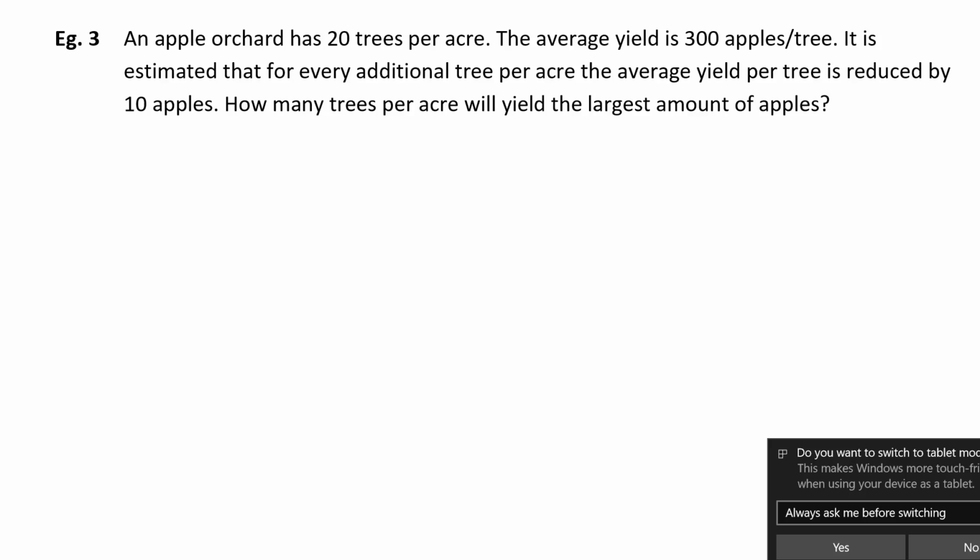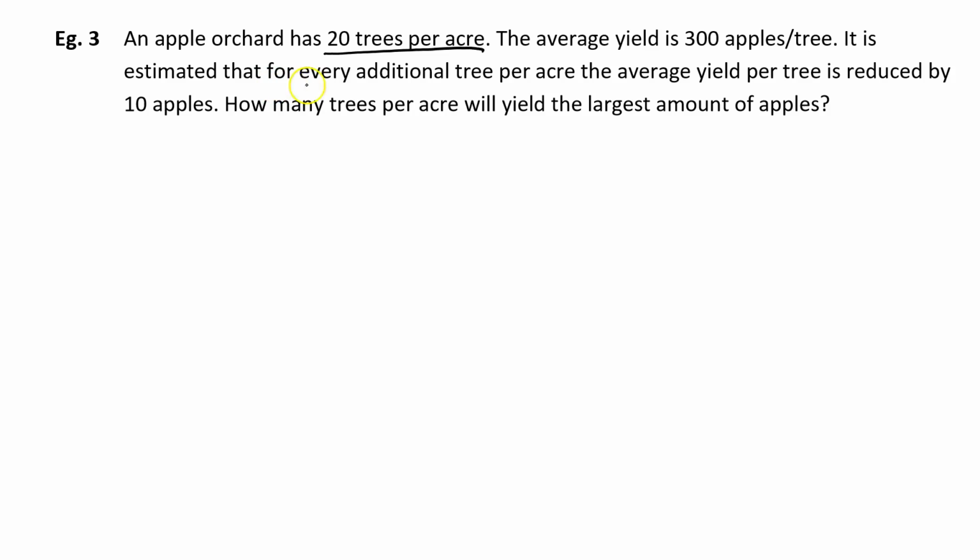Example number 3. An apple orchard has 20 trees per acre. The average yield is 300 apples per tree, and it is estimated that for every additional tree per acre, so the more crowded you get, the yield per tree is reduced by 10 apples. So don't draw this. I'm just going to say, okay, so you have this field and you have